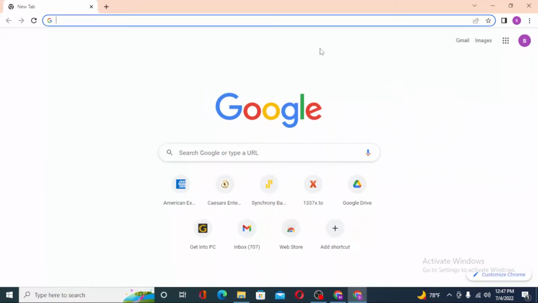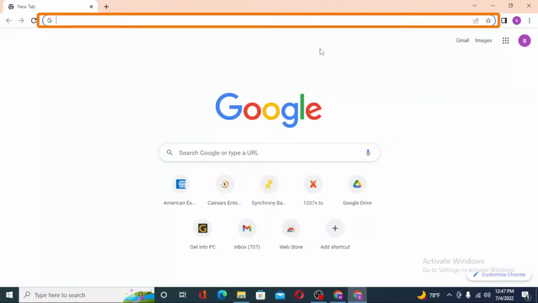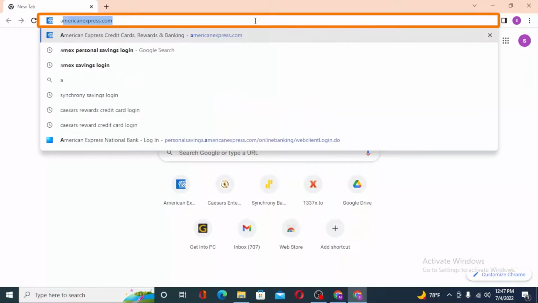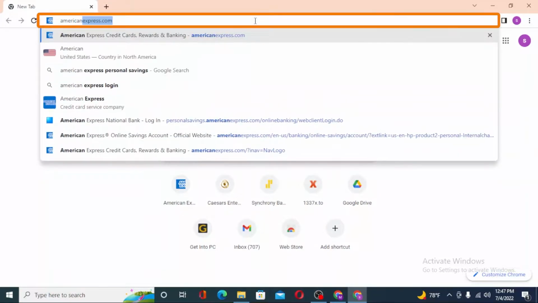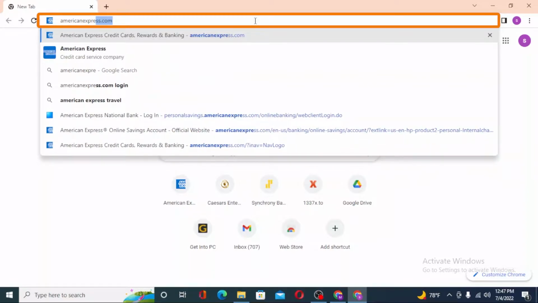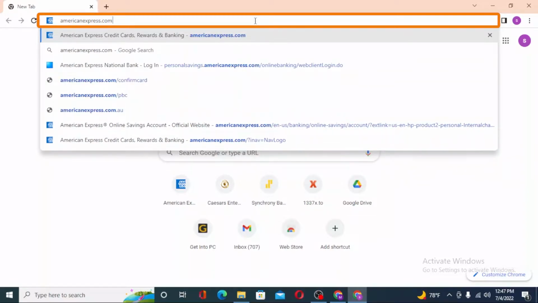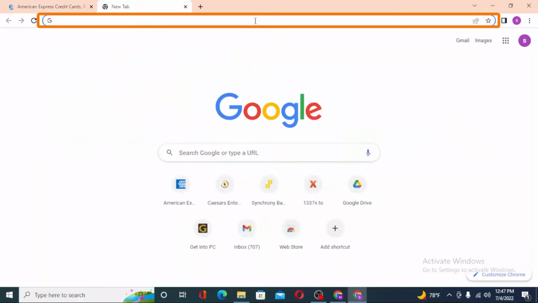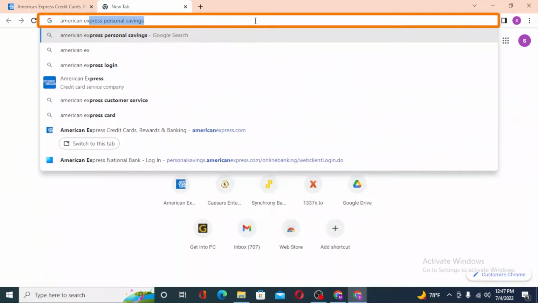Now to log into your American Express savings account from your computer, first open up your preferred browser. As I have already opened Google Chrome, on the search bar click over there and type in American Express.com like this and hit enter, or you can just simply search for American Express